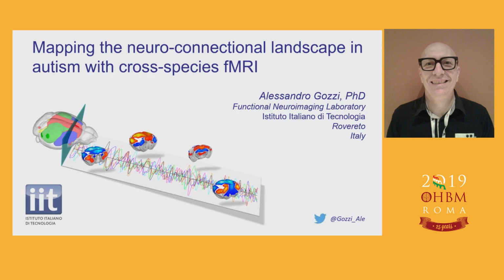Good morning. I would like, with my talk, to close this session by illustrating how we can try and translate some of the approaches we've been discussing here in this session and other sessions in this conference onto model organisms such as rodents. And the idea here is basically to leverage the power that you have in these rodent models, all the tools that you can use. I'm going to show you some examples to try to advance our understanding of autism connectopathy.